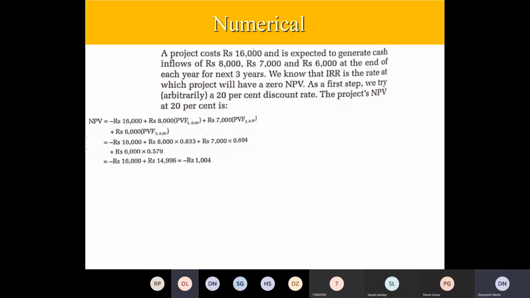Right, sir. So this present value factor 1 at 0.20, present value factor 2 at 0.20. What you see here, you can directly use a table. A ready-made table is there for present value factor and present value factor of annuity. Annuity means basically you have even cash flows, every year you are going to earn say 8,000 rupees. That time we can use that, we'll see in the next slide.